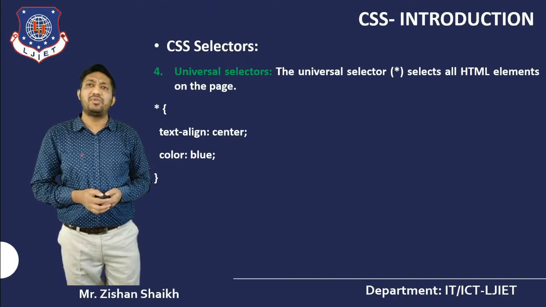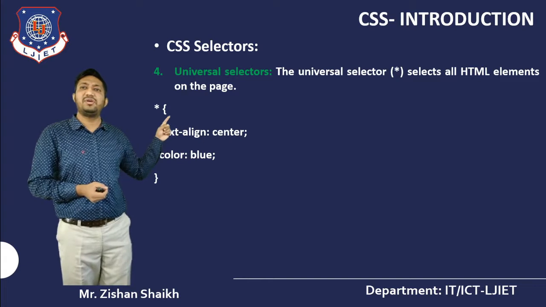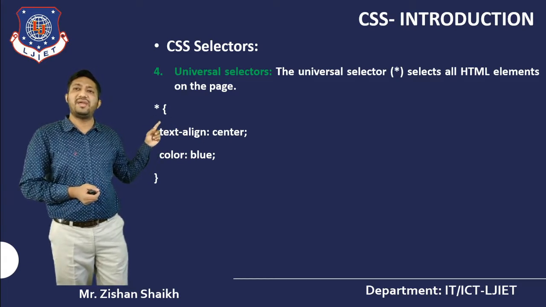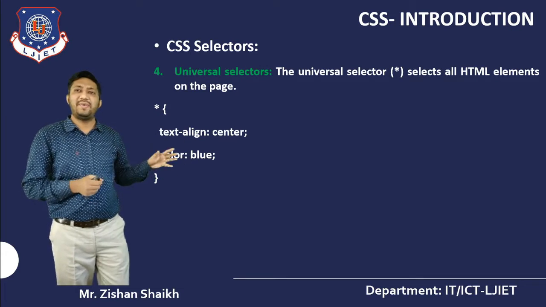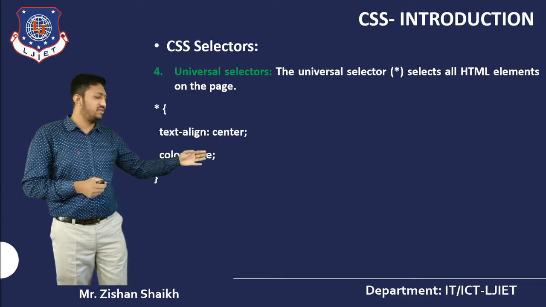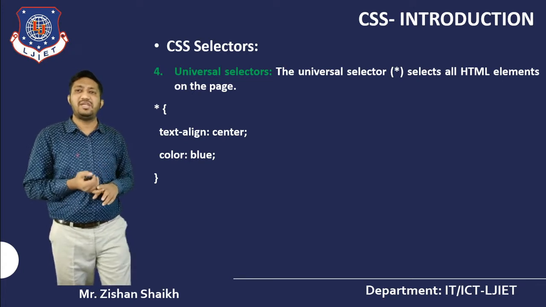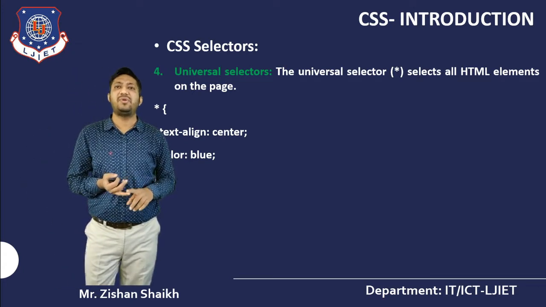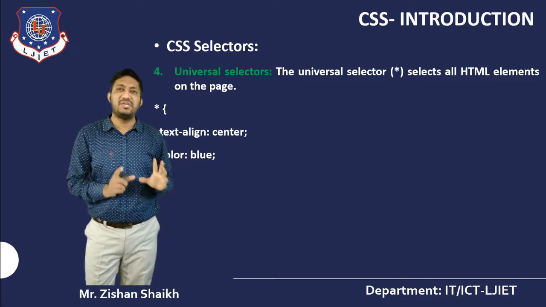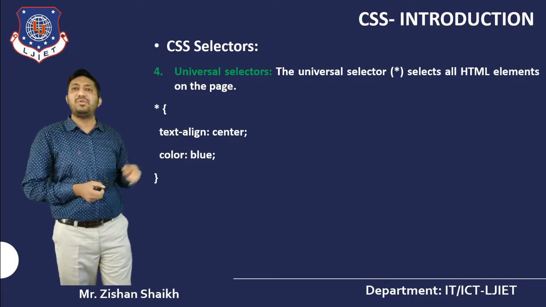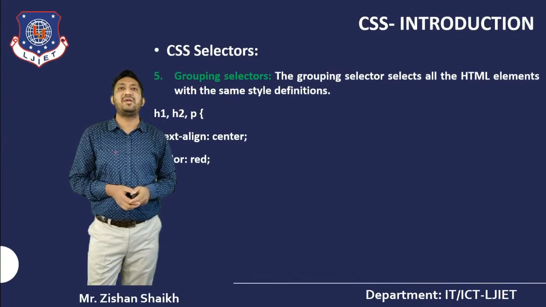Now we are moving to the fourth one, that is my universal selector. If we are using the universal selector, then we use the star. The star provides that whatever elements are available in my HTML page, all those elements are assigned the same property and value. For example, in my HTML page one p tag is there and one h1 tag is there. If I want to apply the same CSS property and value to them, then we can use the universal selector. For that we use the star symbol, or we can say the asterisk.